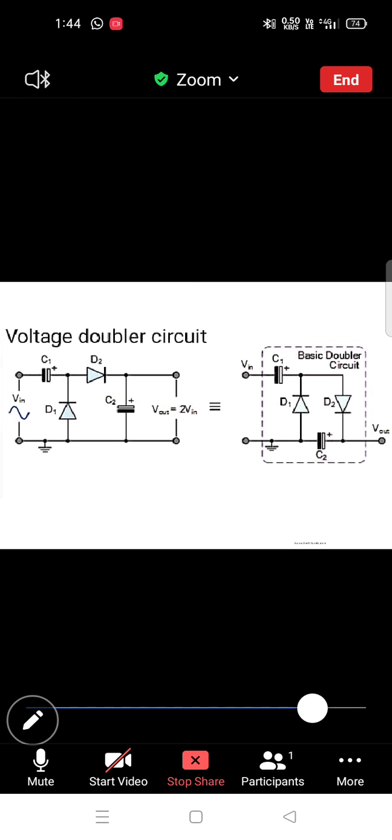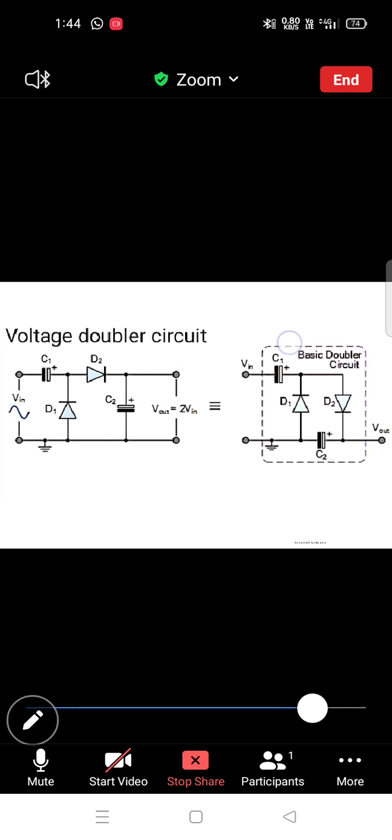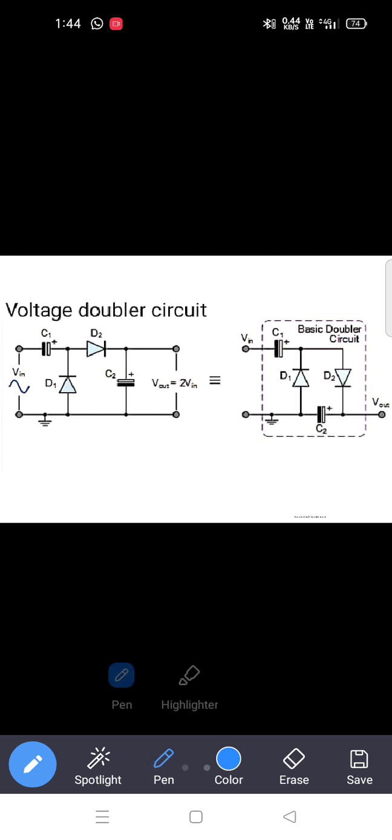Now, in this we saw that we can double the voltage, but we can also see that with the combination of these two, diode and capacitor, which is one circuit, and using it in series and parallel combination or in cascade combination, we can produce an output voltage that is a multiple of the input voltage. So we can use it to get as much voltage as we require, according to our requirement.